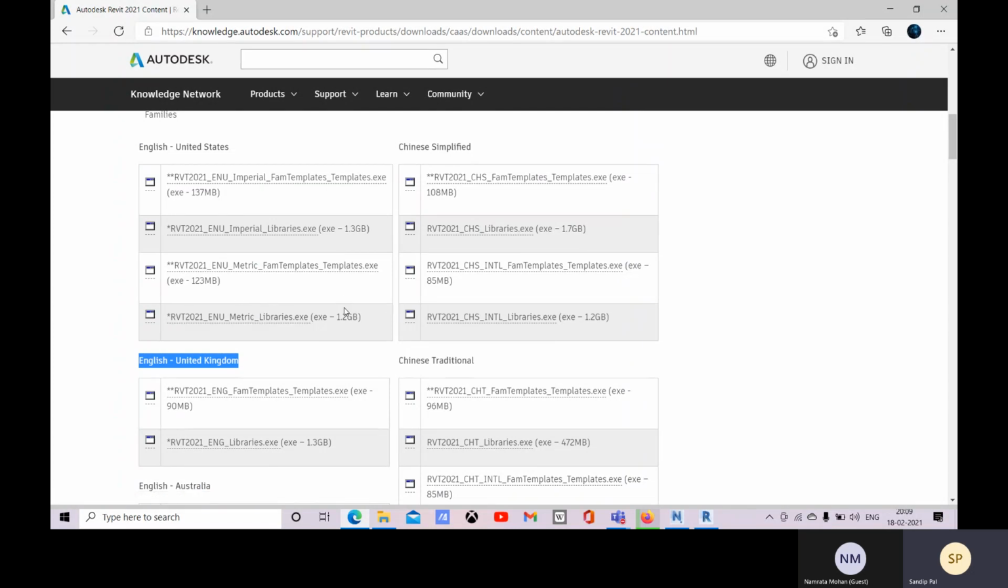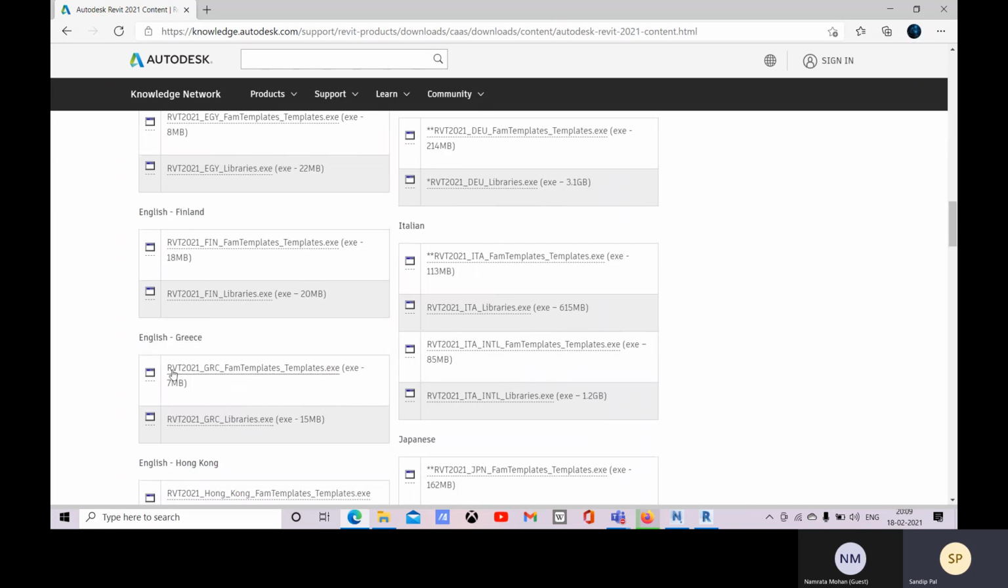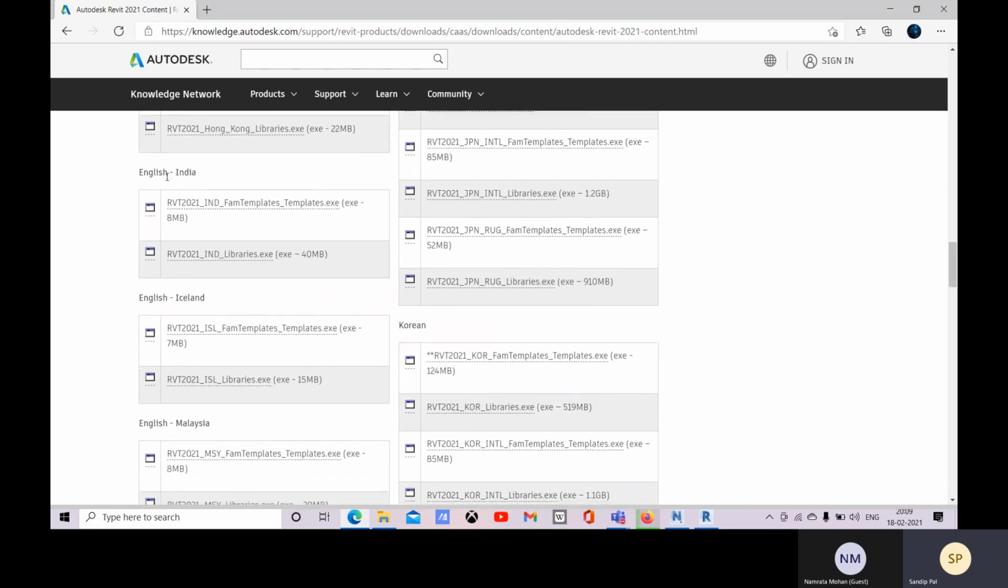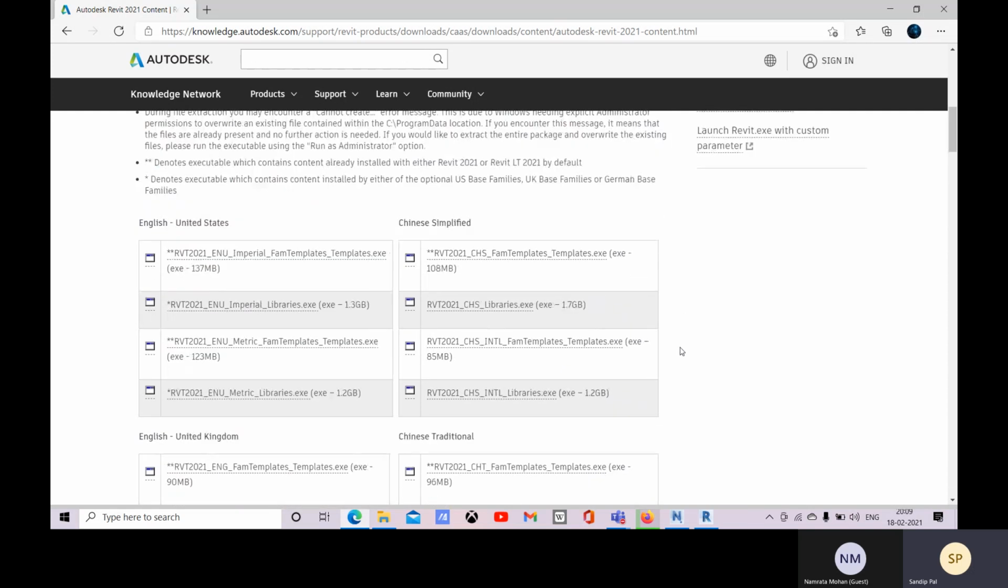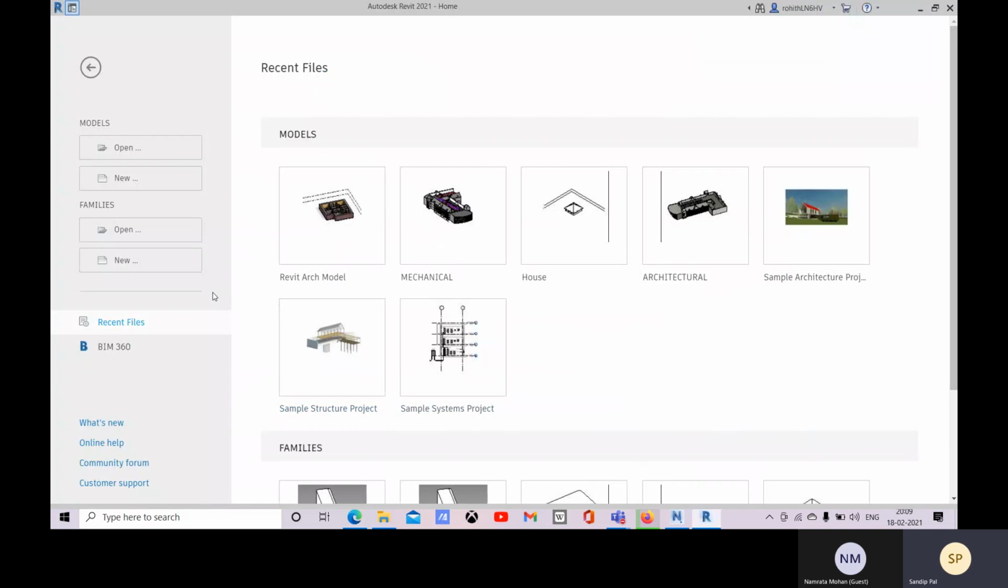You choose the right file and it will be downloaded, and after that you extract it, and you will get that file in Revit. As well, we have Indian files, so you can download this template and library. All right, so this is the website. Now let me go to Revit and let's start with